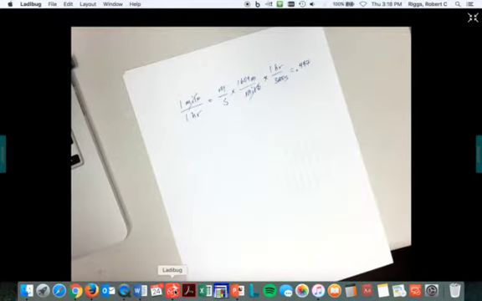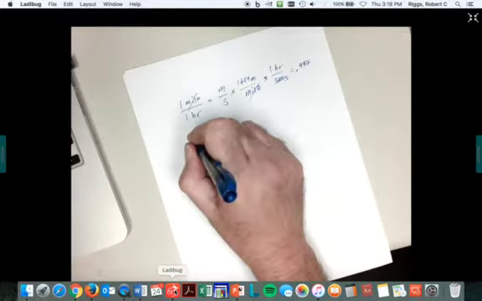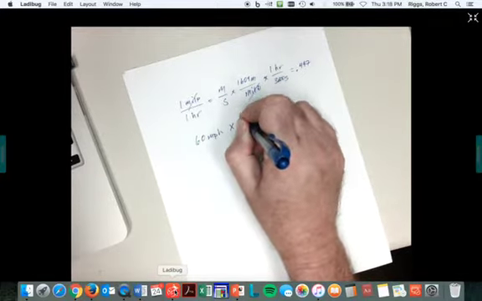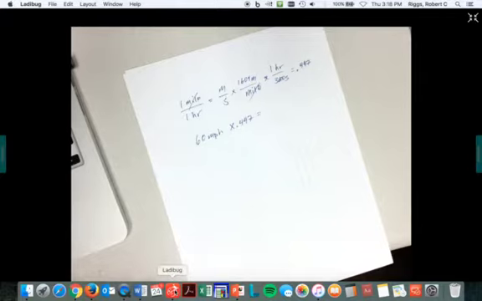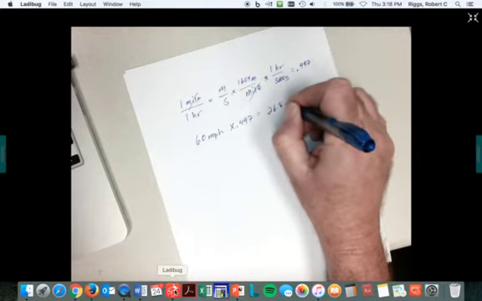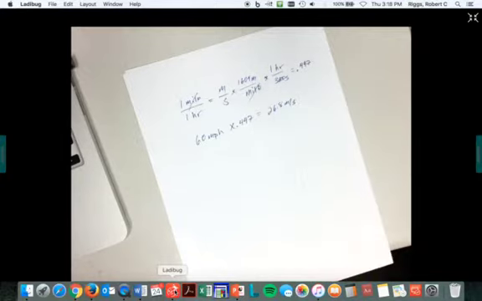So 60 miles per hour times 0.447 is equal to 26.8 meters per second. That's about 2.5 times as fast as Usain Bolt was running. So that's pretty fast. But to go the other way,